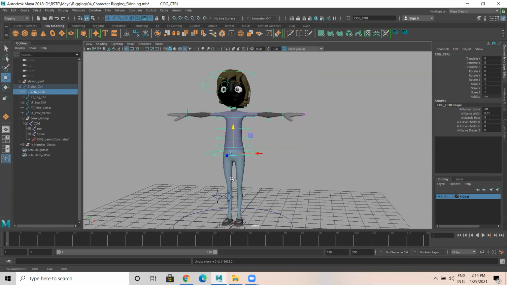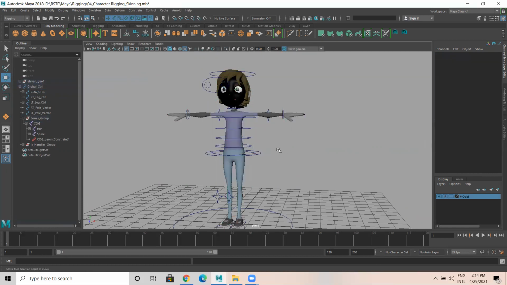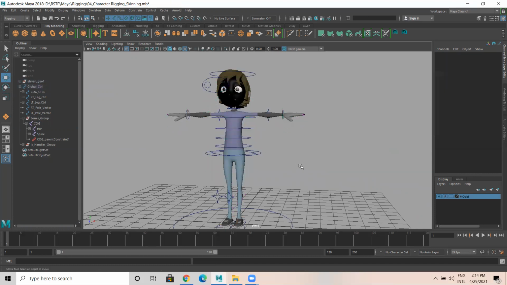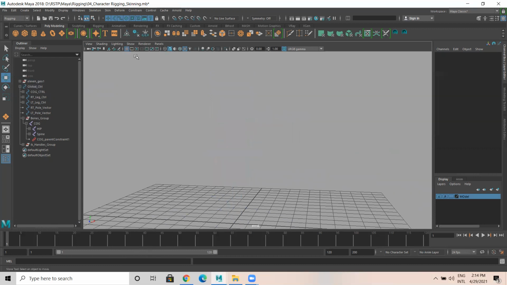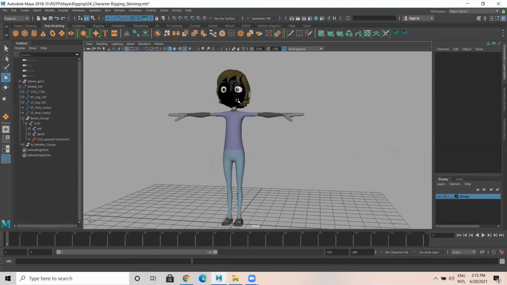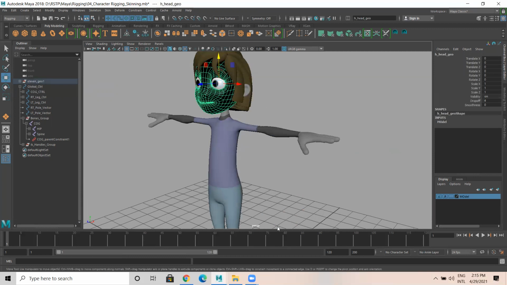I think what we have to do is, okay, I'll just do Control Z. Okay, so show none, show polygons. I'll turn on show polygons only. I'll apply a default material.